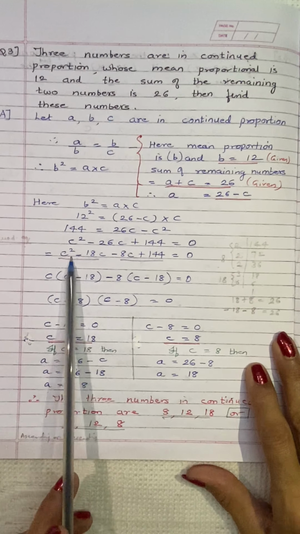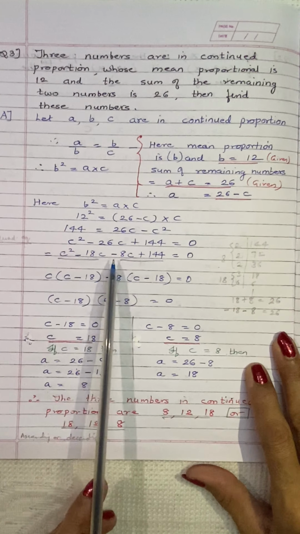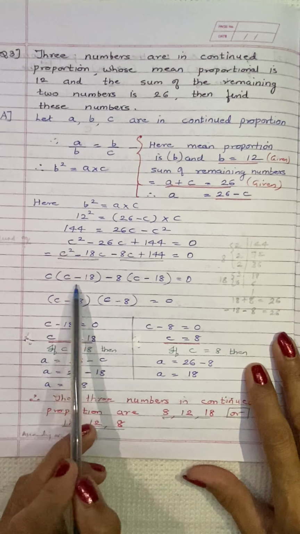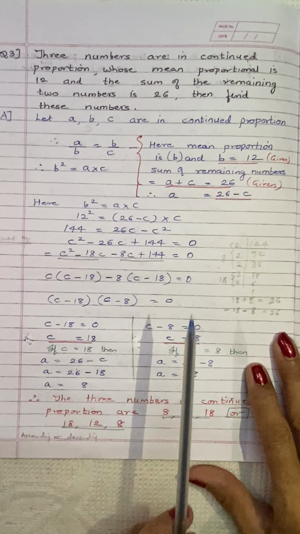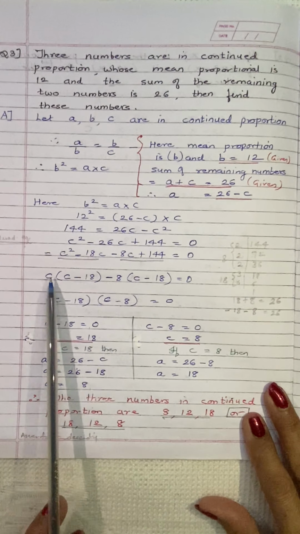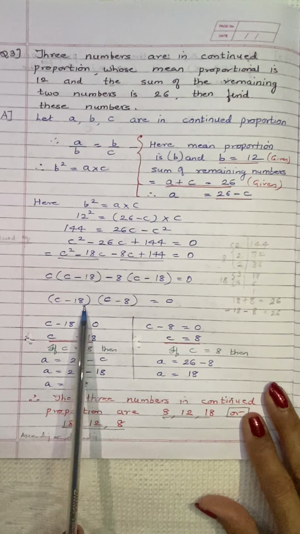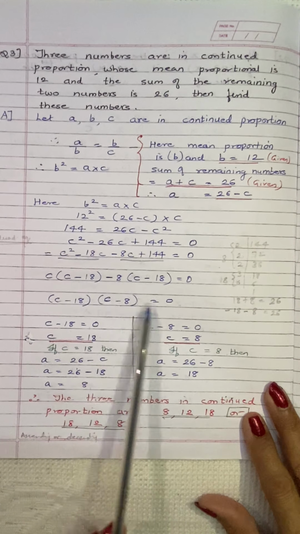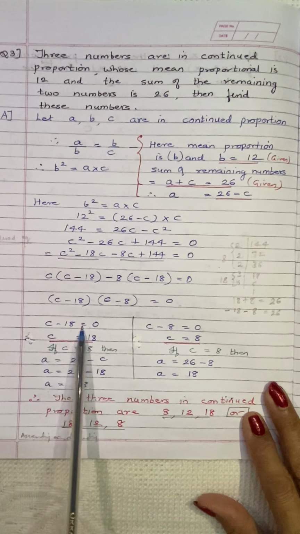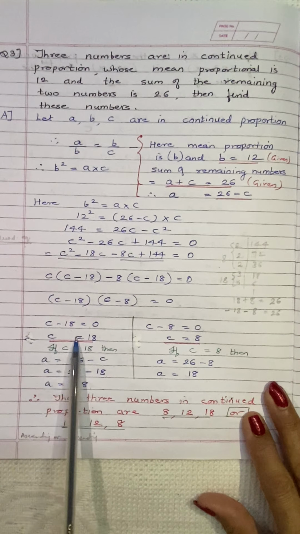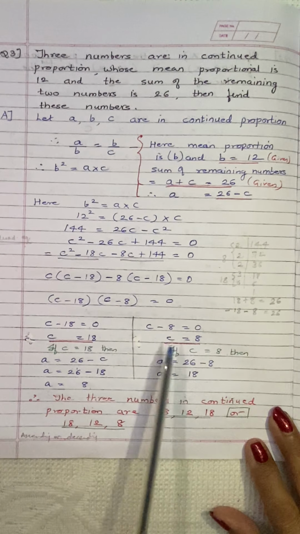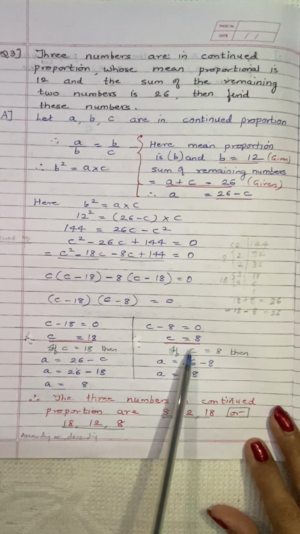So now again here, common factor C minus 18, and here 8 common factor C minus 18. Now again we have got a common factor on both sides, so this is equal to 0. So C minus 18 and C minus 8. C minus 18 is common, and the leftover term C minus 8 is equal to 0. Now I will take this binomial: C minus 18 is equal to 0, so C is equal to 18. 18 goes to the right hand side, so it becomes positive. Now here C minus 8 is equal to 0, so C is equal to 8.